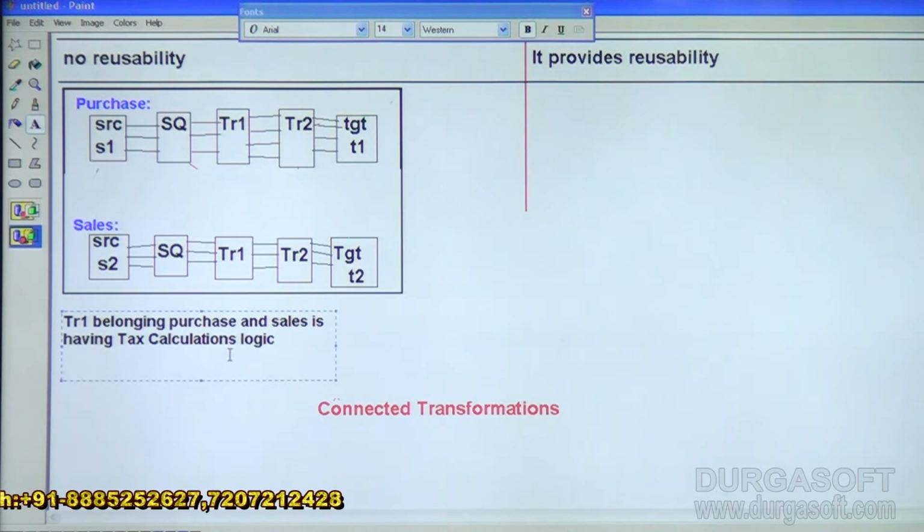We are defining tax calculation logic in TR1 for sales as well as purchase with the same type of